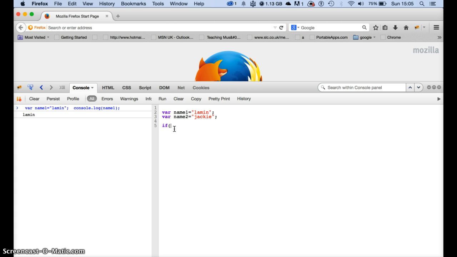So the if statement, you will say if name one is not equal to name two. Yeah, sorry, we're using the equal to sign. So if name one is not equal to name two, then curly brace, close your curly brace immediately so you don't forget it. Just say console.log